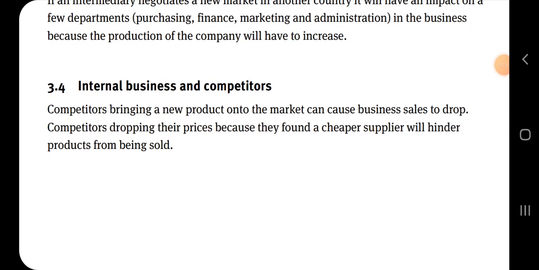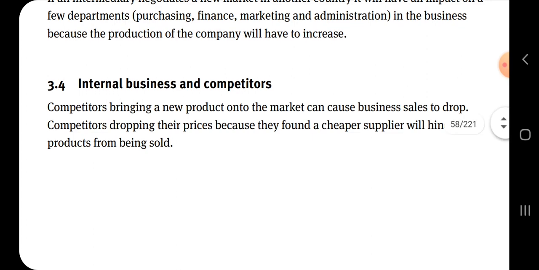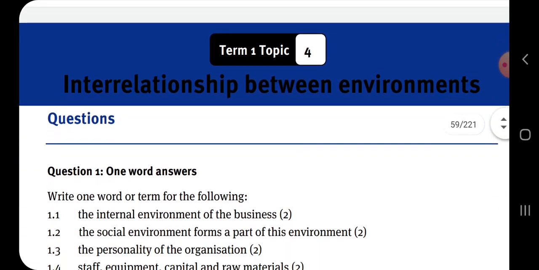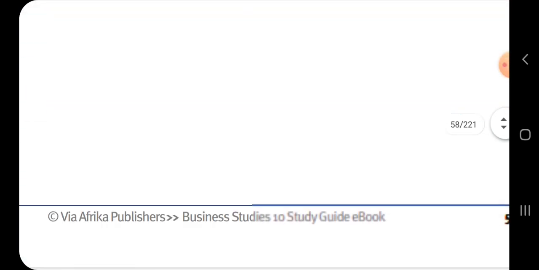And then we have the business and competitors. Competitors bringing a new product onto the market can cause business sales to drop. So new competitors coming into the market affect the business, because the market share of the business will go down and people will go to the competitor. So that is how